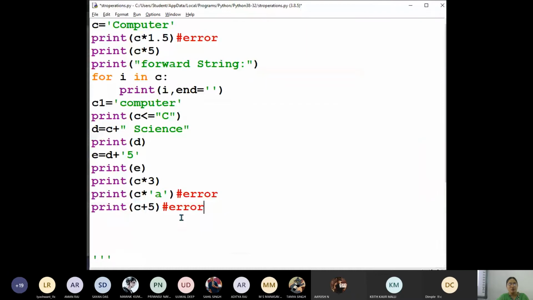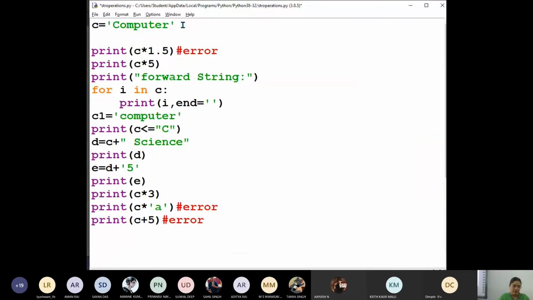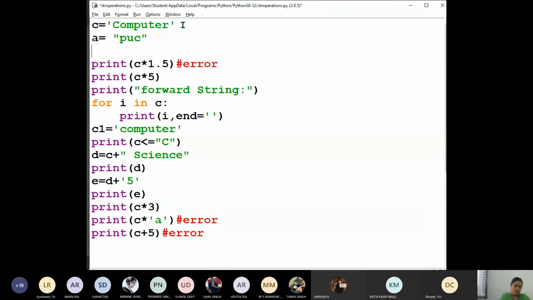Now if you want to check whether some string is there in another, suppose A is equal to PUC, and B is equal to something. Now let me check.